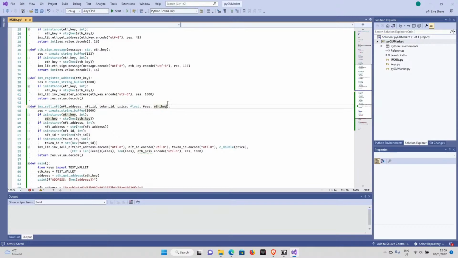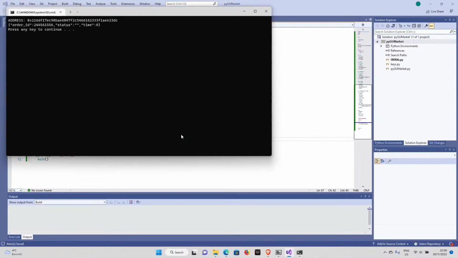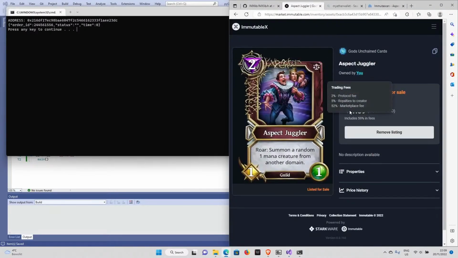Well, it's called ETH key everywhere else. Does it work now? Yeah. So if I go back, now it's on sale for 159, yeah, so it's 2% protocol fee, 5% royalties, 1% maker marketplace, 50% which we just added, and